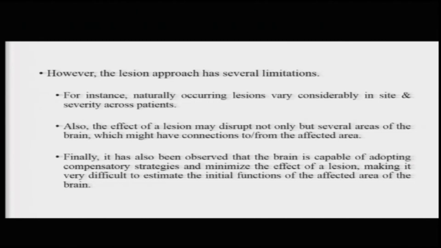Also, another factor that could act as a limitation for these lesion studies is the fact that the human brain is a very fascinating organ. It's capable of adopting compensatory strategies and minimizing the effect of a lesion, making it very difficult to actually estimate the initial functions of the affected area. See, for example, if there is area A and area B of the brain, area A was involved in doing function X and area B is involved in doing function Y. If the injury has happened at a much